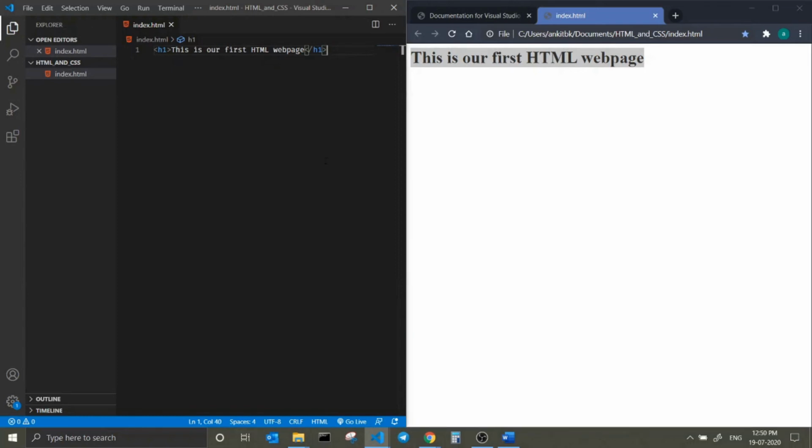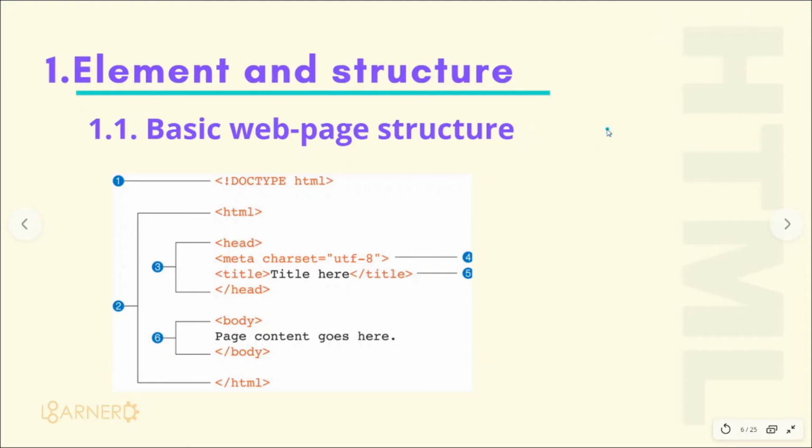Before going further, I will let you know that I have divided this whole HTML course into four modules. First one is HTML structure, then HTML forms, HTML tables, and HTML semantic markup. So let's dive into the first point we will cover in the HTML structure module, that is the basic web page structure: what the basic web page consists of, how it looks, and how we can identify it.